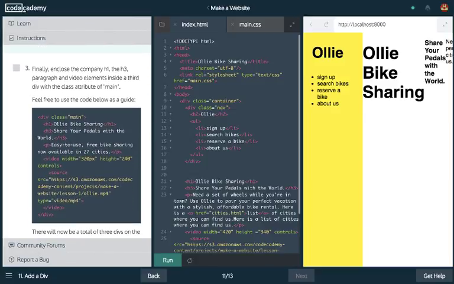Finally, enclose the company h1 and h3 paragraph and video element inside a third div with the class attribute of main. So the h1 and the h3 are here, and they're telling us to do a div class equal to main, close it. They want it to go all the way down to the video element inside a third div. Okay, so we go under here,